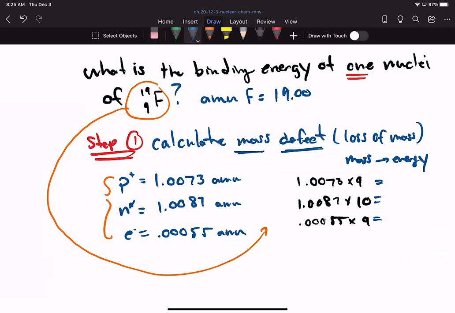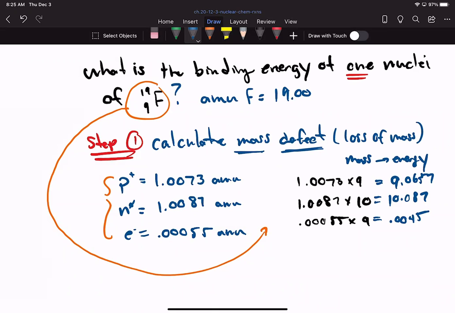All right, so calculator: 1.0073 times 9 is 9.0657. Then 10.087, and 0.0045, and if I add all those up together,